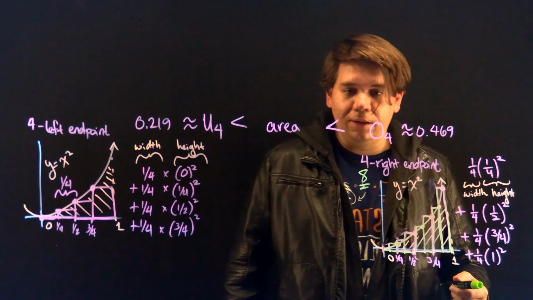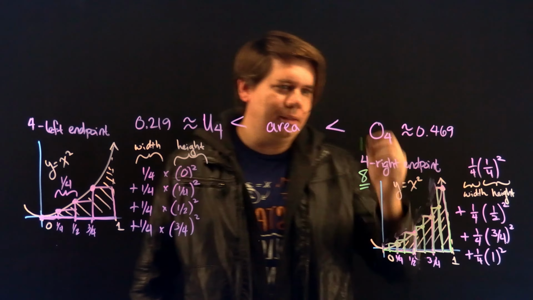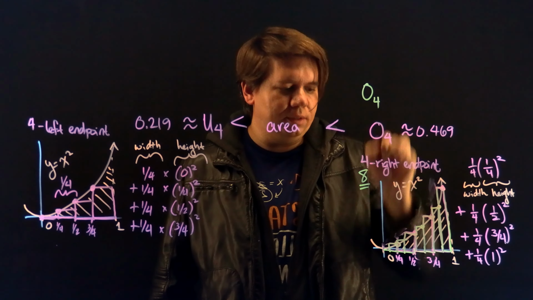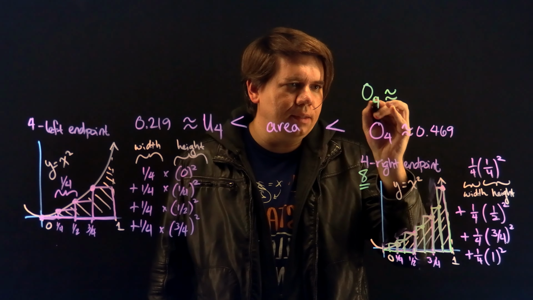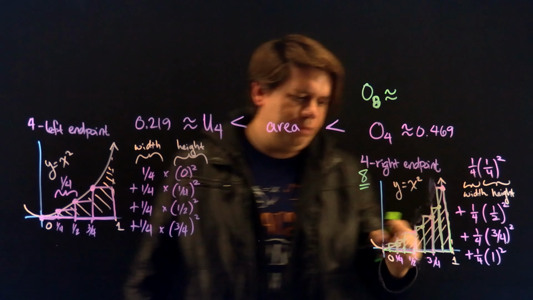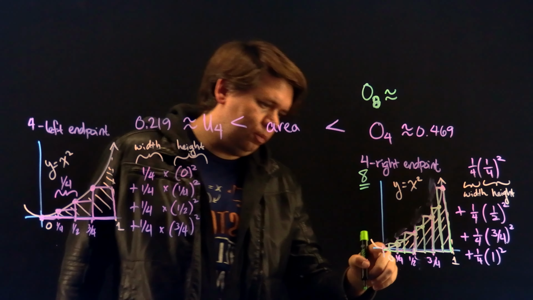There'll be 8 rectangles now for you to sum up. But you can calculate that, and you can get the estimate, still an overestimate, but it'll be a better value now. You sum it up with 8 rectangles. Here, if you want to do it really fast, it's like the first one here,